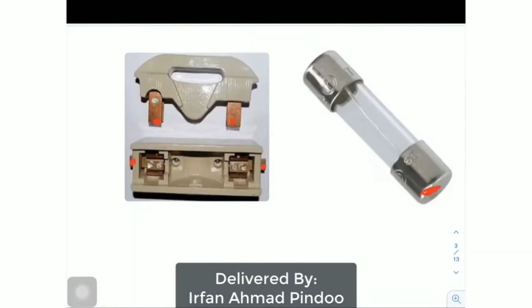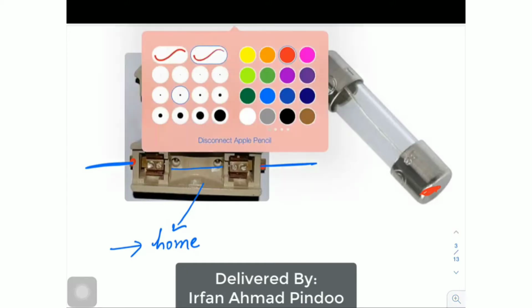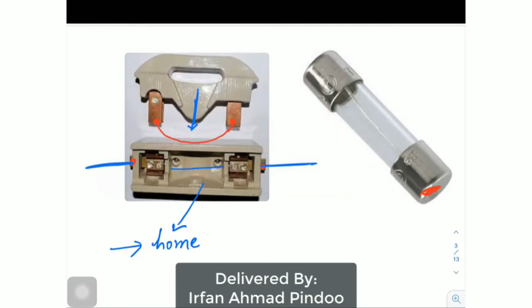Now the diagram given here represents fuses only. This is the kind of fuse that was used at home. Nowadays it is obsolete. The concept was, there was a wire from this side and a wire from this side, and there is no connection until this part is connected over here. In this kind of fuse there would be a thin wire, and once you bring this device in contact with this one, the connection is created from here to here. That time we say the connection is intact, meaning the connection is closed.